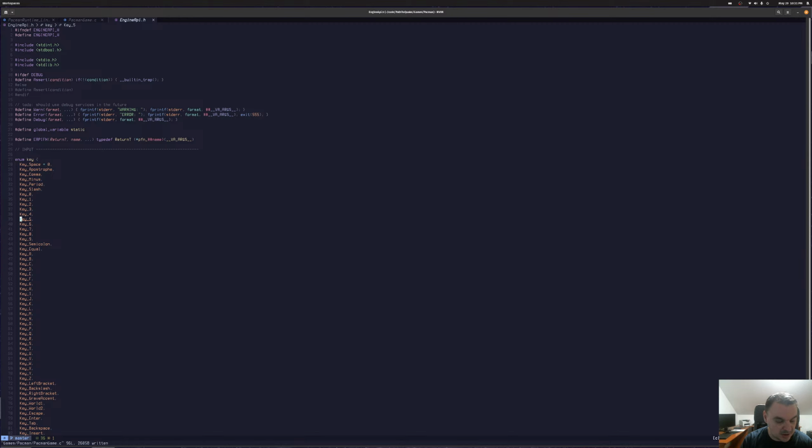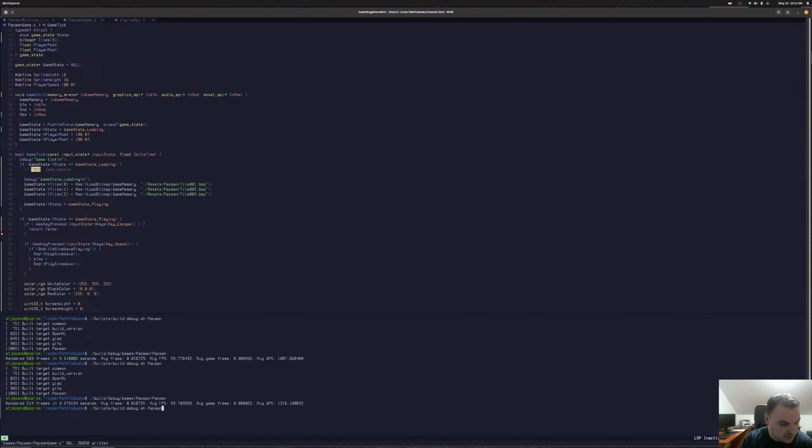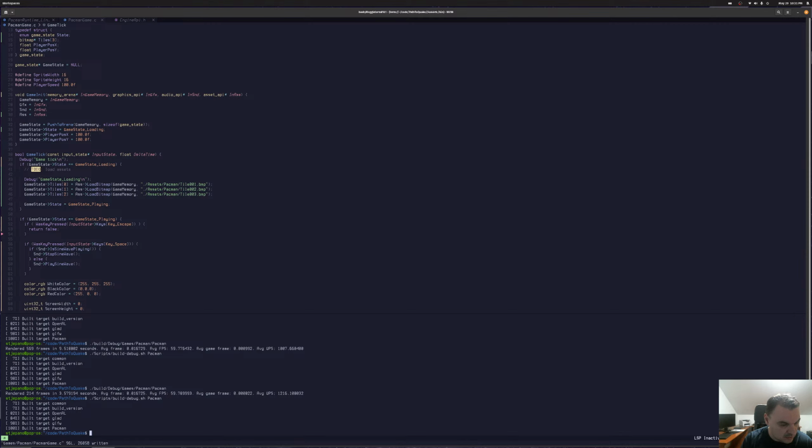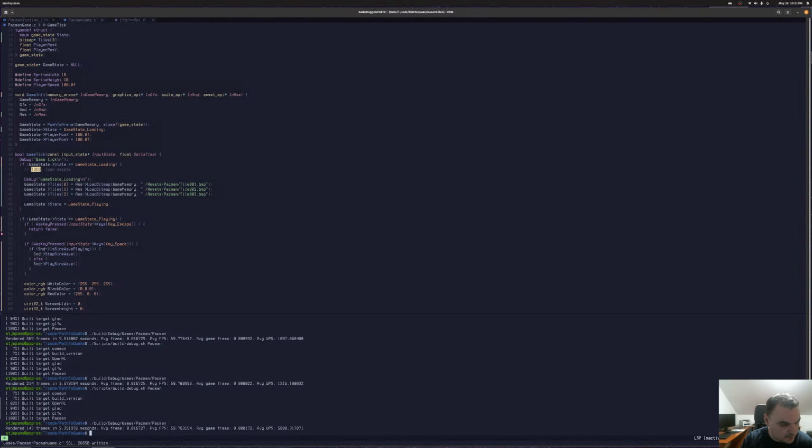So how do I do a game? Save this stuff, build it, and run it, and there's nothing. Why? Yeah, so the GDB debugger is correct. We don't, for some reason,